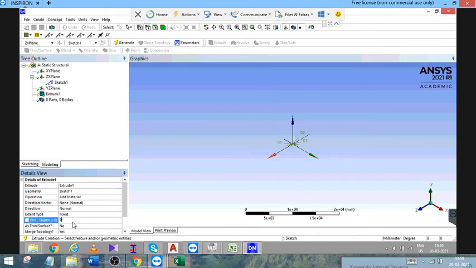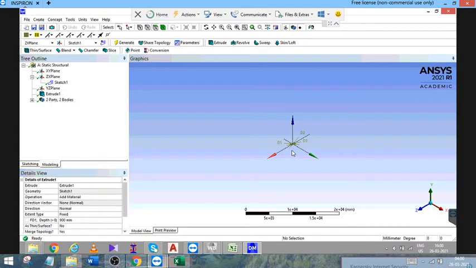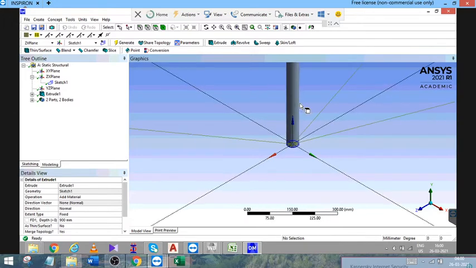Always mention the total length and not the effective length, because once you provide the software with all the necessary data, it will create its end conditions. After specifying the value, click on generate. Zoom in to see whether it has extruded. Yeah, it is fine now.